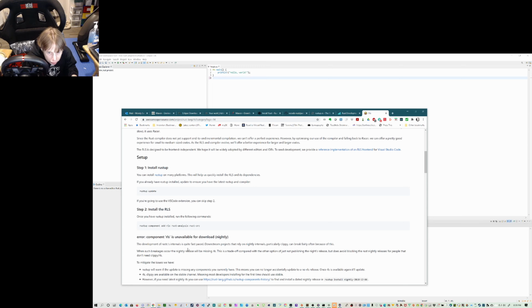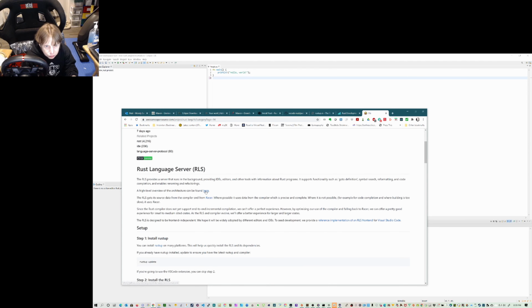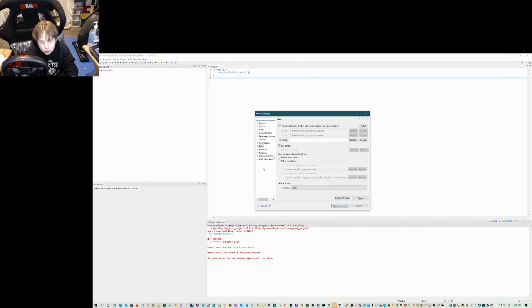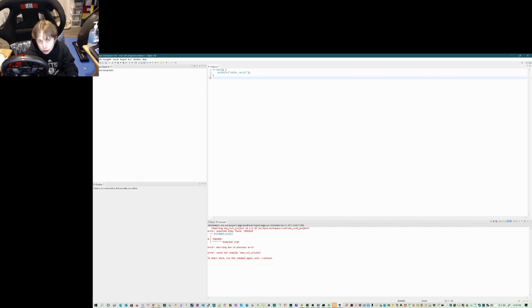Let's see. So, Rust Language Server. Okay, that's what it is. It runs in the background, providing IDEs, editors, and other tools with information about Rust programs. So if you don't have that installed, it's just not going to work. So once you do those three things, when you come in to here, you should not have any errors. I have this checked, and it can find everything, because, as I said, it installs in kind of a weird place. Apply and close, and then